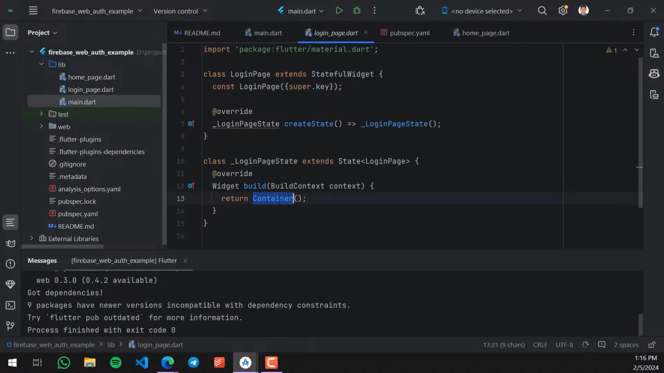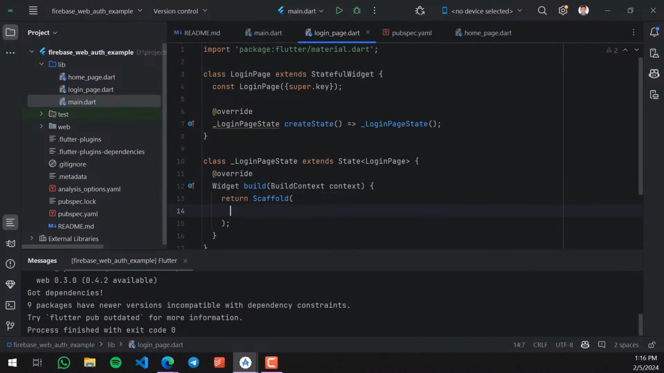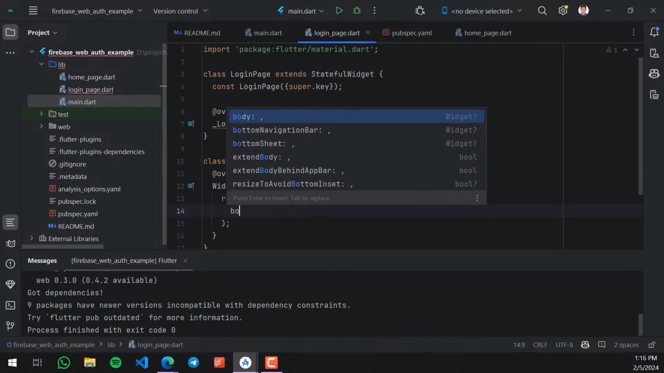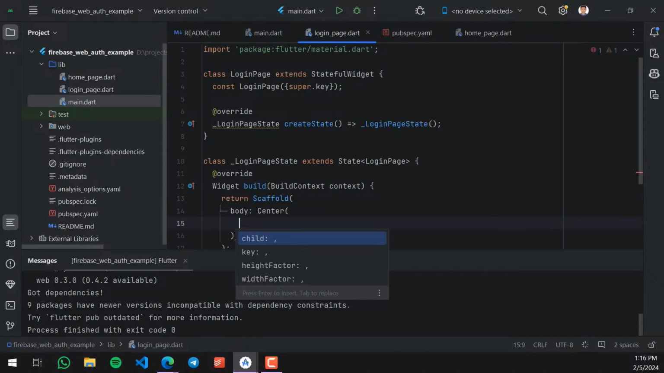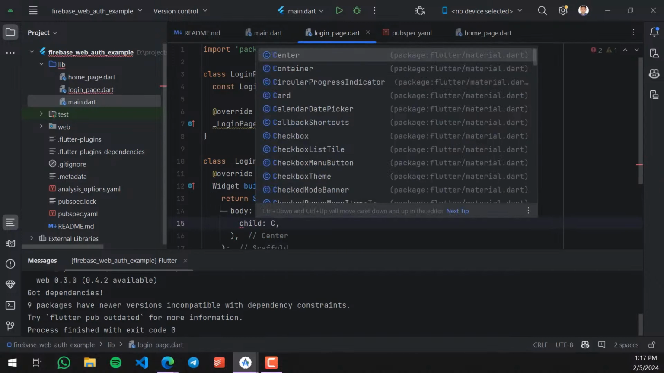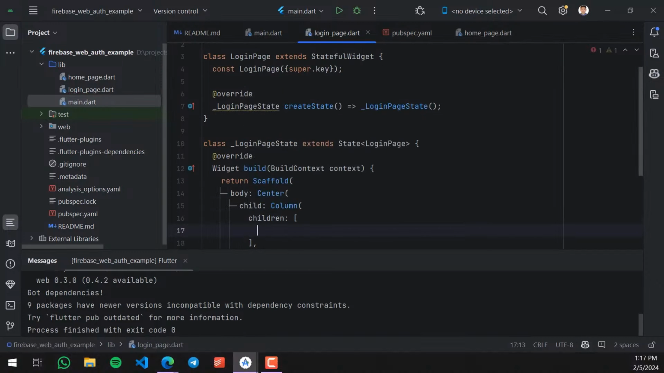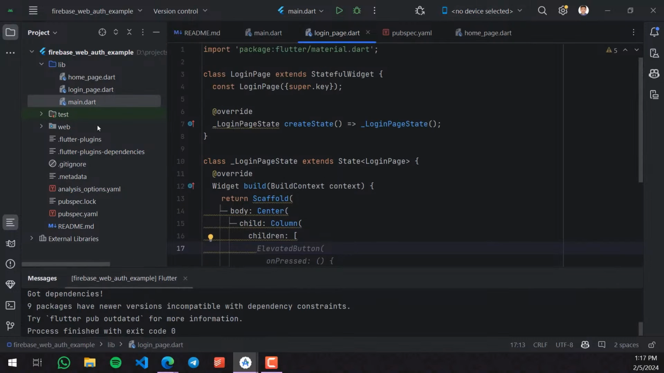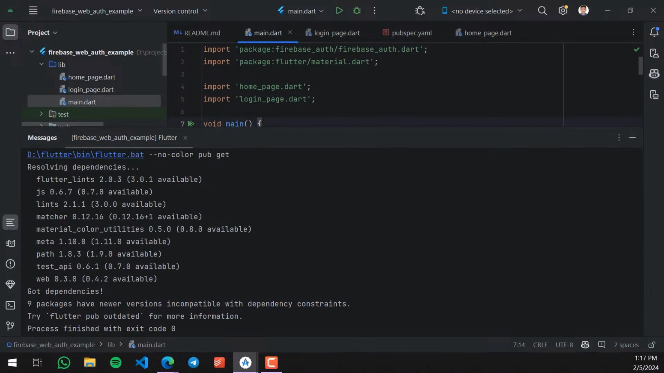Let's design the home page and the login page. We just put the scaffold, and the parent and body will be center, and the child of the center will be columns. Inside of the child we put some elevated buttons. But before that we have to configure the Firebase. For the configuration of Firebase we just